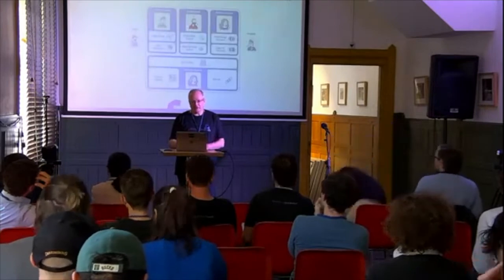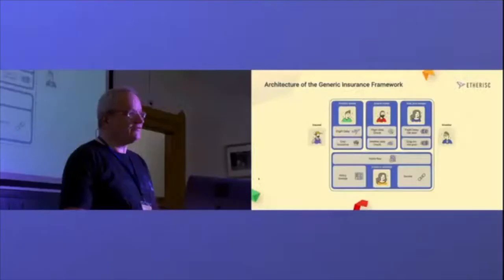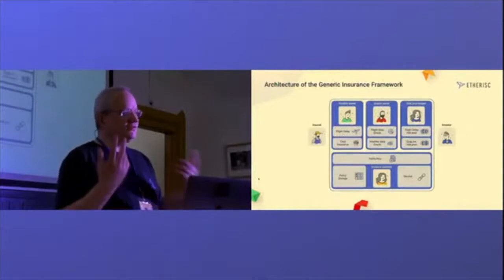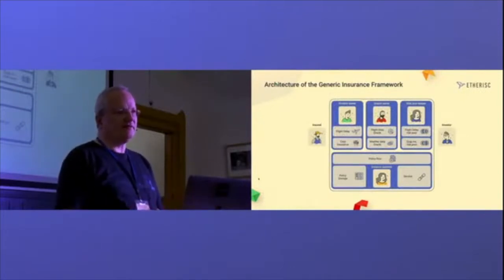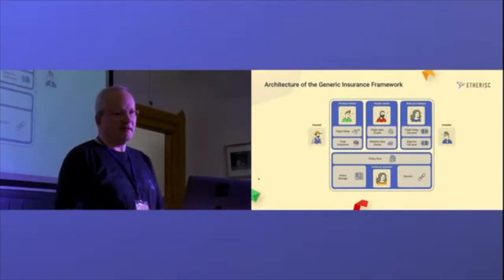in the architecture. You see here the general layout of the GIF. We have a basic layer at the bottom, which controls the policy flow, the life cycle of an insurance. On the top, there are individual building blocks which can be provided by any party, like product owners, Oracle owners, and risk pool keepers. We already have the first two, the product owners and the Oracle owners, for flight delay and for crop insurance, but we are still lacking the third pillar of the generic framework, which is risk pools,